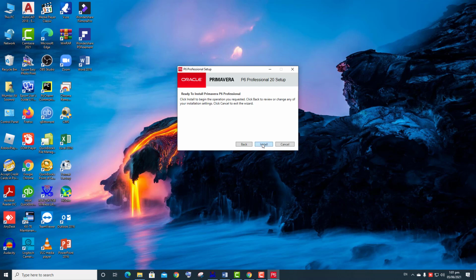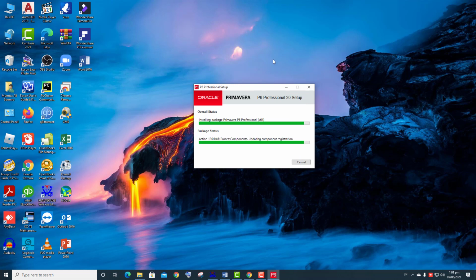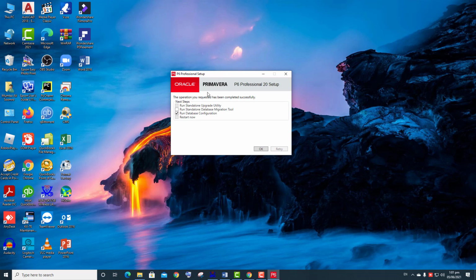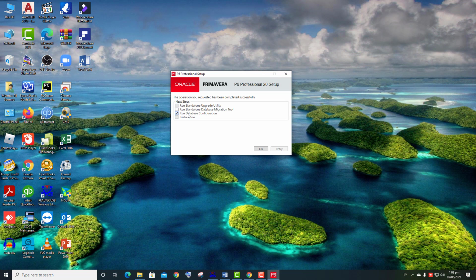So click install, and Primavera P6 version 2012 will install on your PC. You have this option, so select only the one that is already selected. The run database configuration will not go with run standalone database migration tool, so we'll say OK.